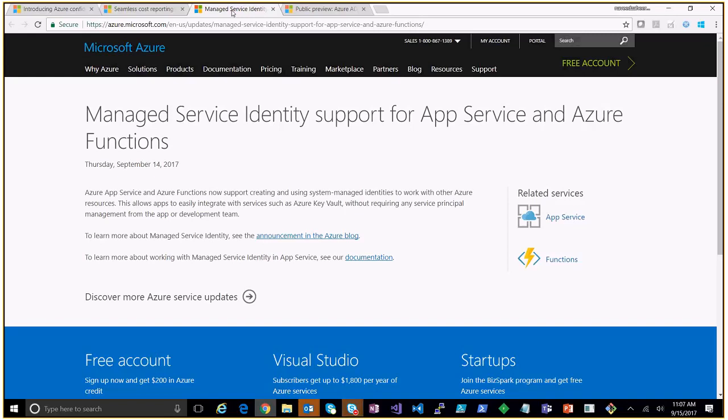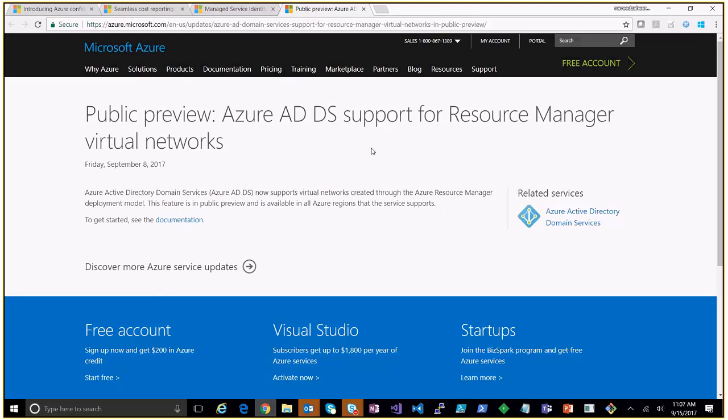So that kind of makes it secure. You can basically go into App Service or Azure Functions and simply enable the service managed identity for those applications. Finally, I think I talked about it last week, Azure AD Domain Services, which allows you to create a domain controller as a service